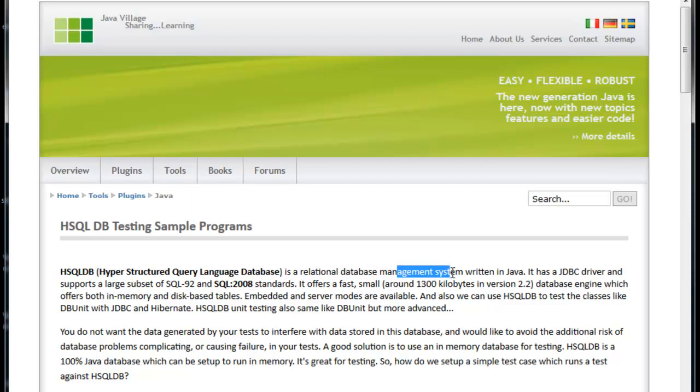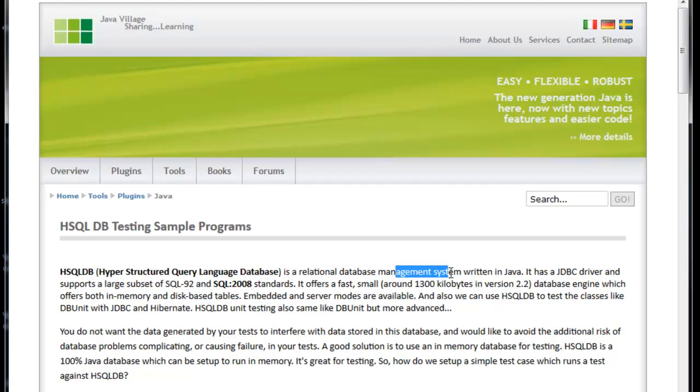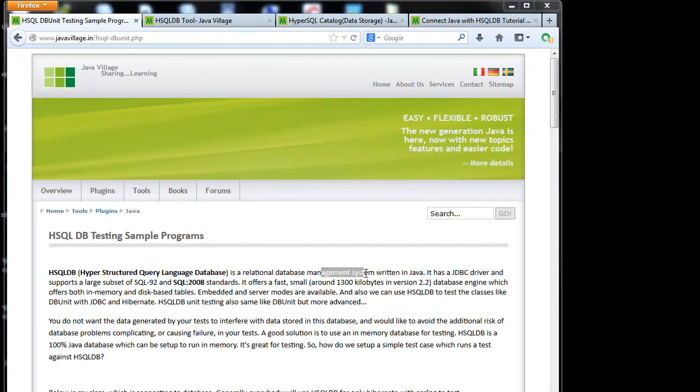In the previous DB testing we covered, we needed one database to connect Java to for testing, but using HSQL DB it will create one mock database inside the HSQL DB tool.